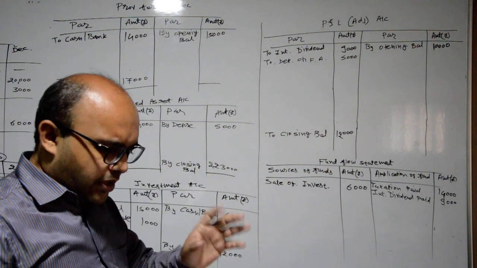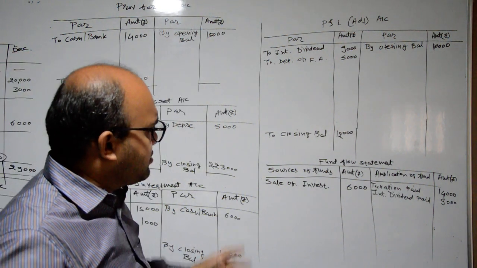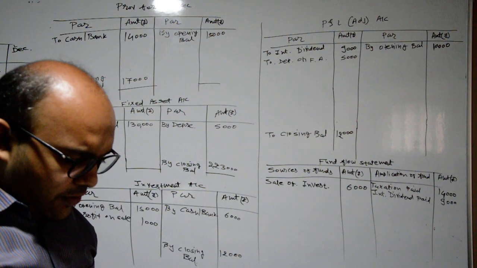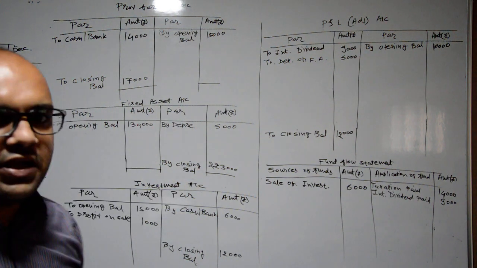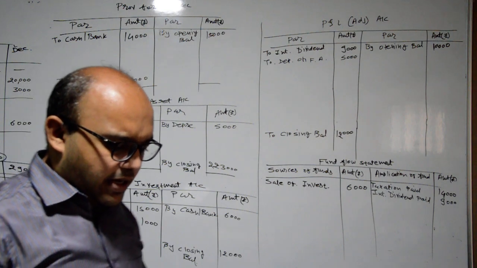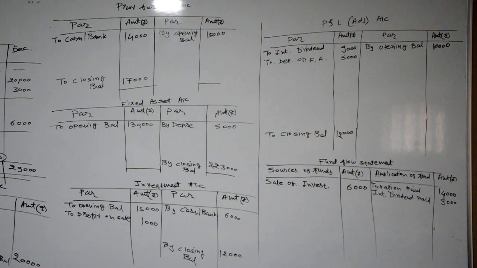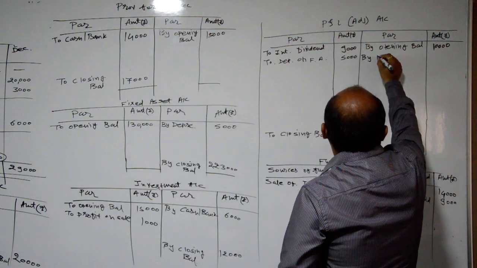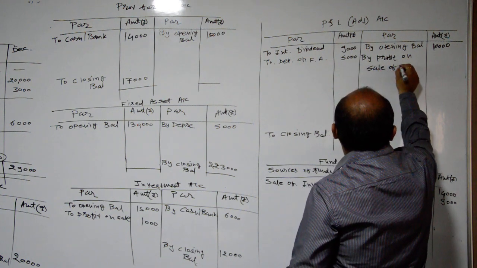Okay, taxation paid. Then after dividend effect, which is on P&L adjustment account and fund flow statement application of fund side. Then depreciation of rupees 5,000, which is given in fixed asset account and P&L adjustment account, and then the last adjustment of investment is also given in the ledger, and one effect is pending for that purpose, by profit on sale of investment.